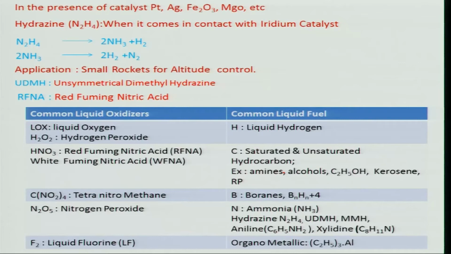Some examples are kerosene, that is RP-1, the research propellant, and then amines, alcohols, and several others one can think of. Besides, tetranitromethane is used as an oxidizer, and it can go with the boranes, and several varieties one can think of, like hydrocarbons CnH2n+2 or other things. There is nitrogen peroxide as an oxidizer, and liquid fluorine as an oxidizer. And if you look at fuels, there are ammonia and hydrazine, UDMH, unsymmetric dimethyl hydrazine, MMH, aniline,